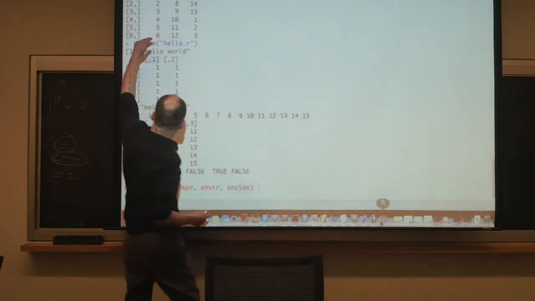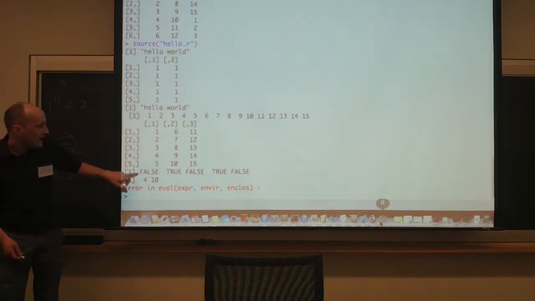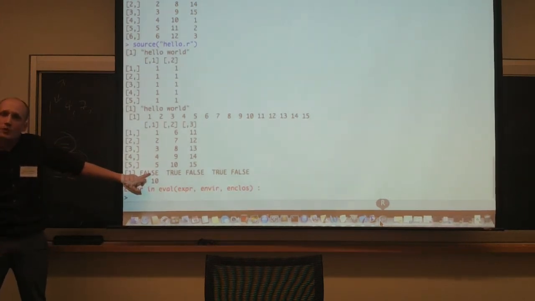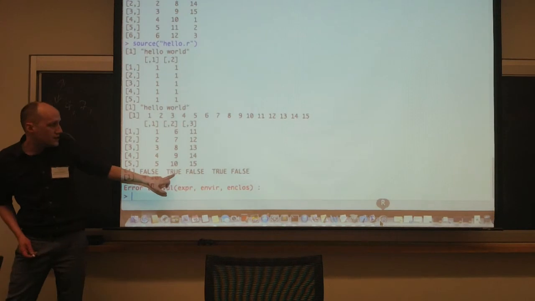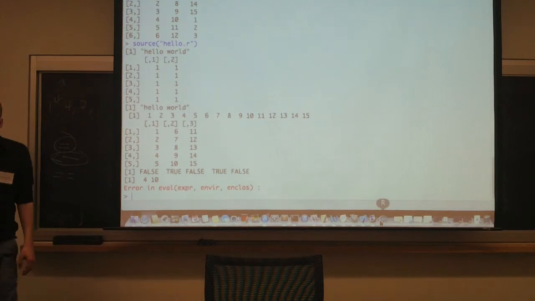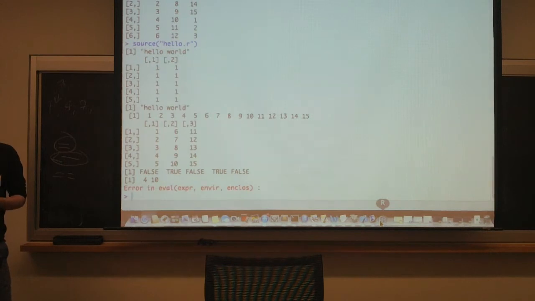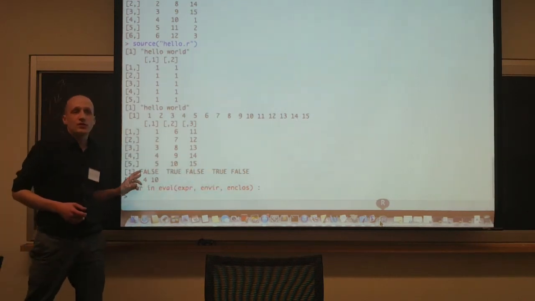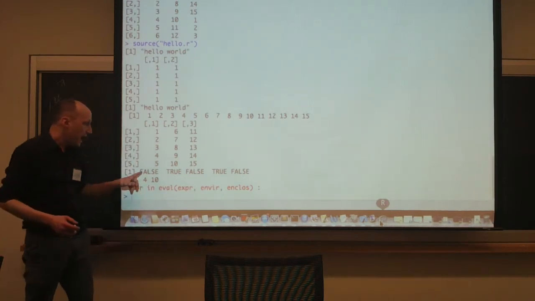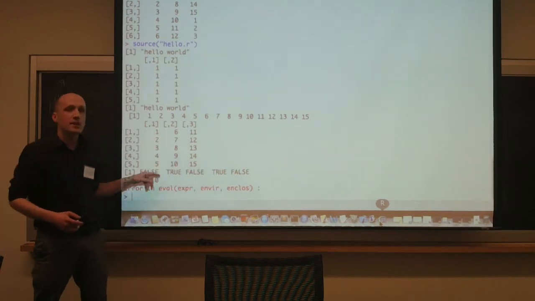Okay, so let me think about all these things we constructed before. Here is my vector of 1, that was false. 1 was not even. 4 was even, so that statement was true. False, true, false. So I get a little vector of Booleans. Booleans are particularly useful for managing data. If I want to construct a query on a data set, if I only want the observations that are in California, or I only want the observations that are males, what I can construct is a vector of trues and falses. Say, does this meet my query or does it not? Is it in my set or is it not in my set? And then this thing can be used to subset a matrix.